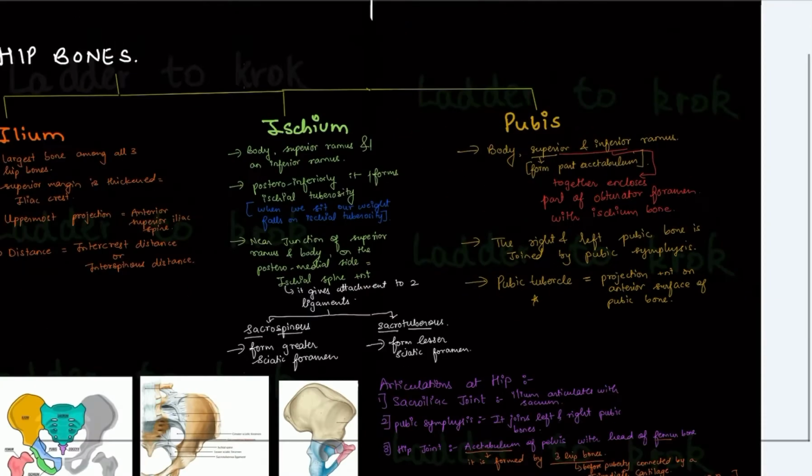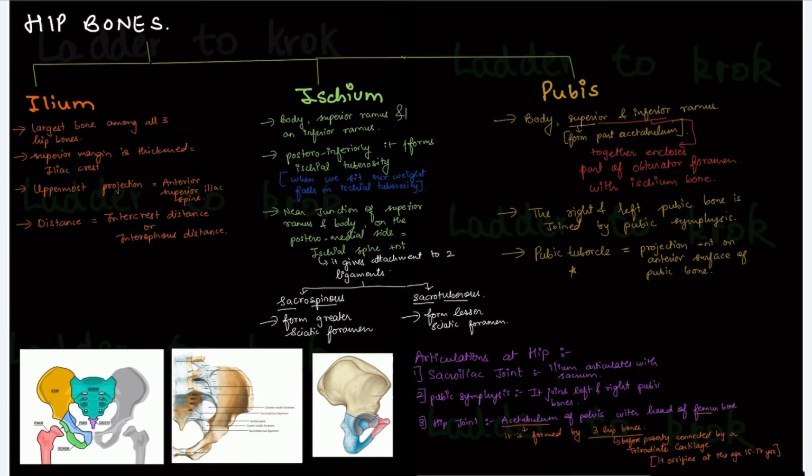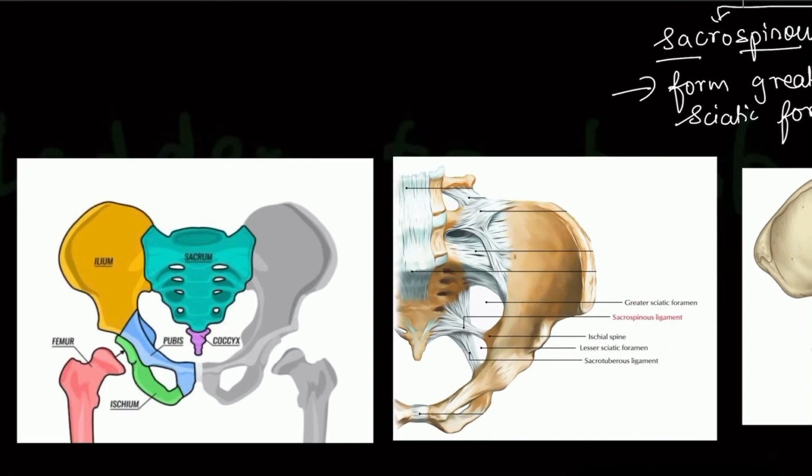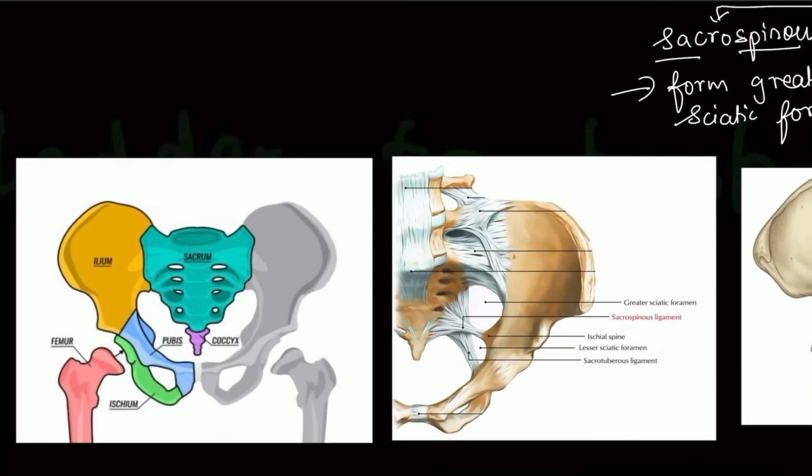Okay. So as we have learned everything about the bones, now let's look at these features which I have told you in the pictures. No need to worry, you don't have to draw these pictures. I am just helping you revise everything which we have written through the picture so that you can visualize it and remember it very well. So starting first with the three bones we started, that is ilium, ischium and pubis.